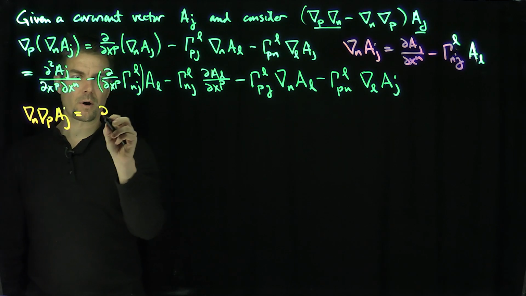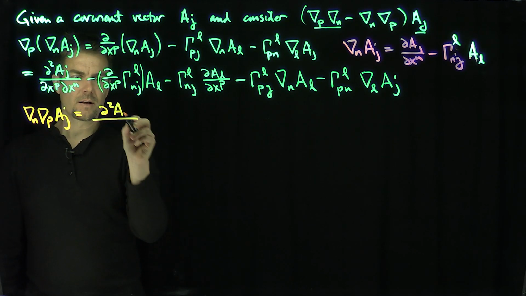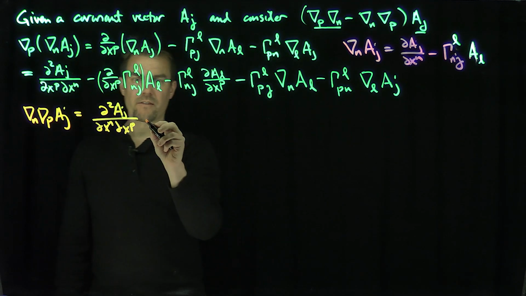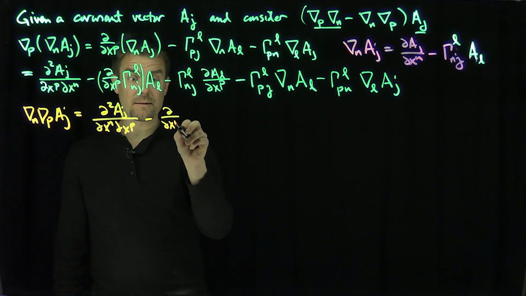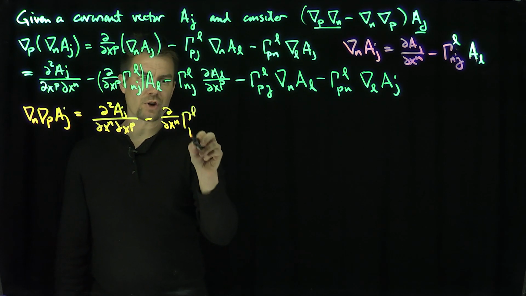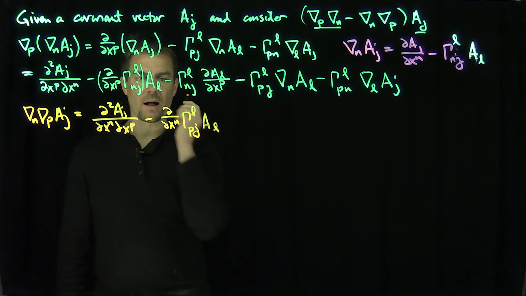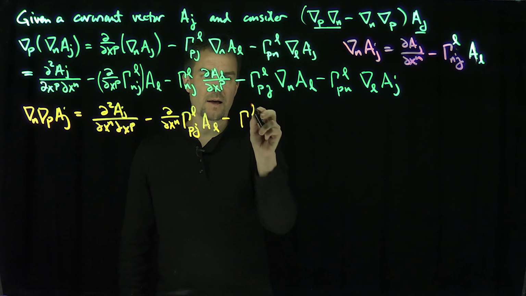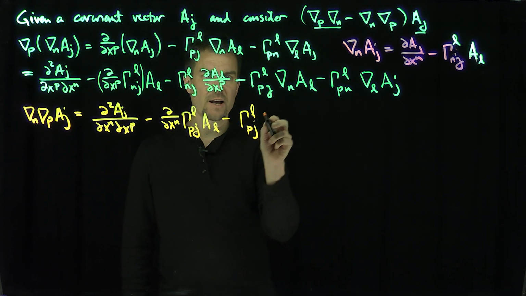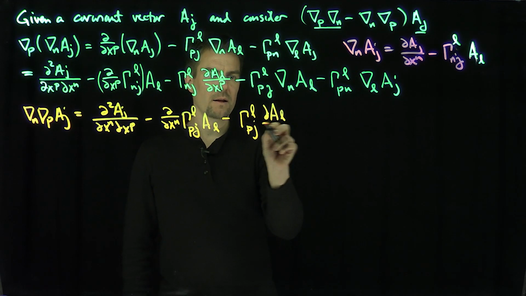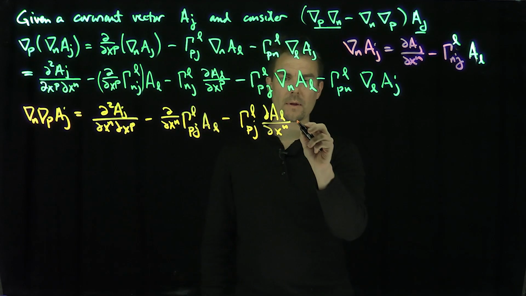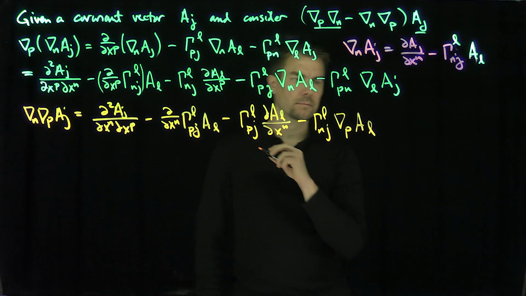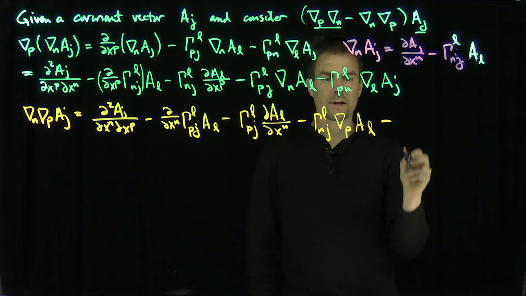We're going to have the same sort of terms. We're going to have partial squared A_j over partial x_n partial x_p, okay? Then I have a minus partial x_n, gamma^l_{pj}, gamma A_l, like that, because I've changed all the n's to p's, right? And then minus gamma^l, there's an n, so that turns into a p, j, partial A_l, partial x_n, minus gamma^l_{nj} gamma_p A_l, and then minus,